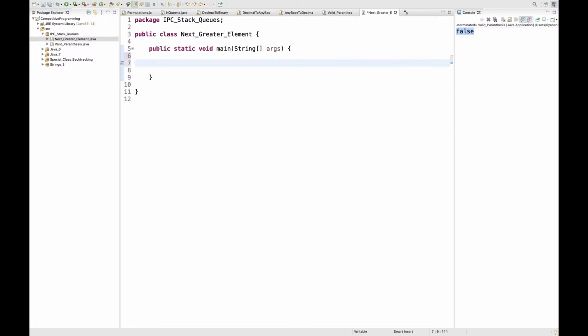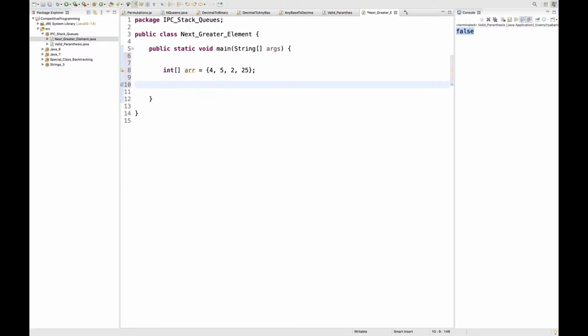Okay, let's quickly try to implement it and see if we can get the idea or not. Let's say I am hard coding an array. Right, let's say I have the values 4, 5, 2 and 25.